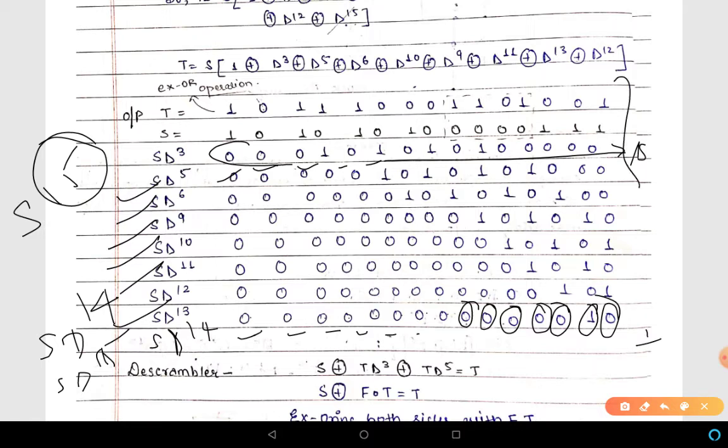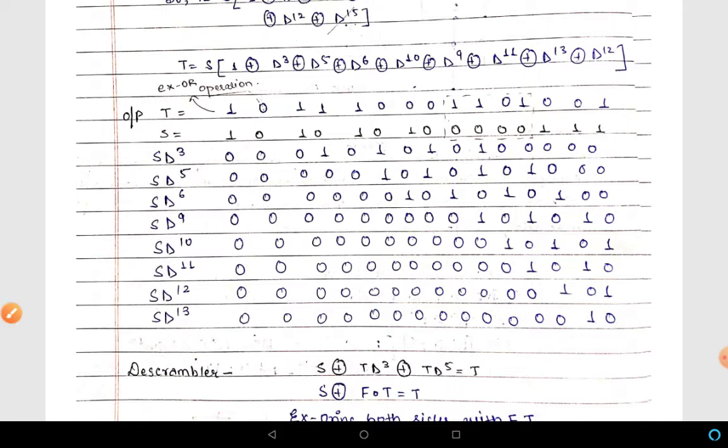So we will not be able to add that. After giving a delay of 15, we will get all zeros. That is why we will consider all the sequences only till 15. Even the sequence sd15 can be neglected. So what is the next step? The next step is we need to